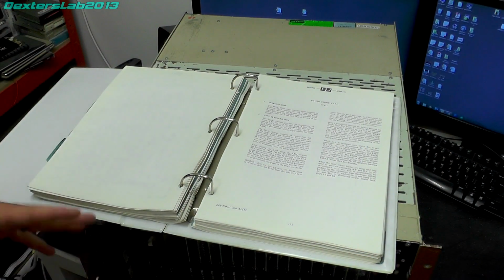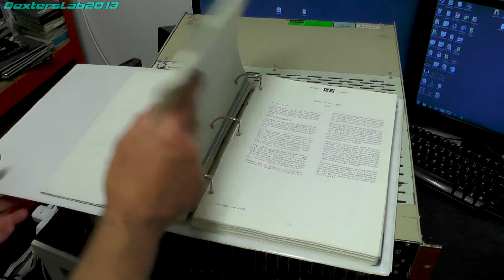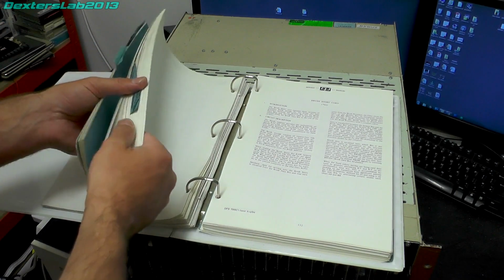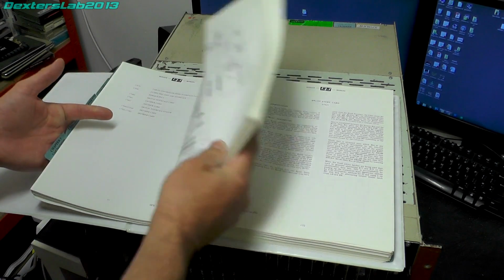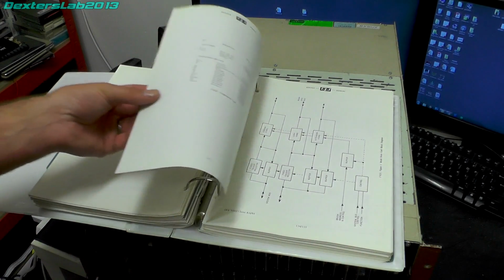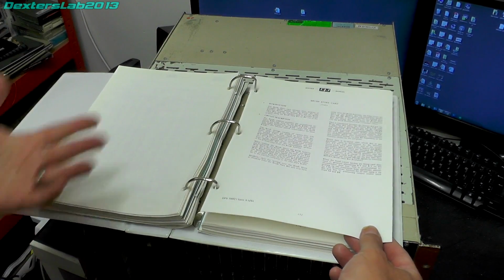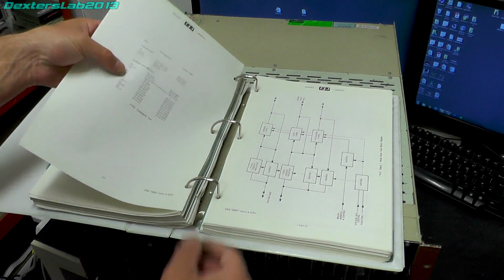So before I go through and reseat all these cards back in, I'll just show you quickly the service manual that I've got. So this is an original Quantel service manual for the DPB. This came with the system from a Retro Gamer VX, and it's basically stuffed full of circuit diagrams, schematics, circuit descriptions, component lists and all that sort of stuff. So really, really useful stuff. So as you can see here, the brush store card, you've got a description, an overall look at how the system works. We've got component lists,